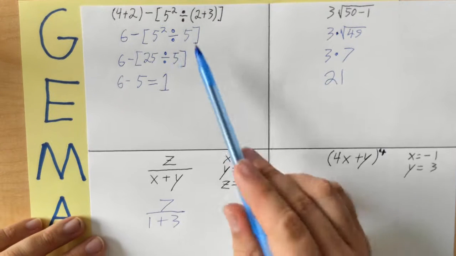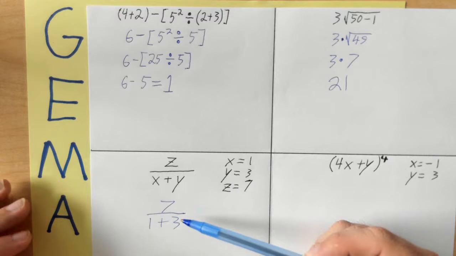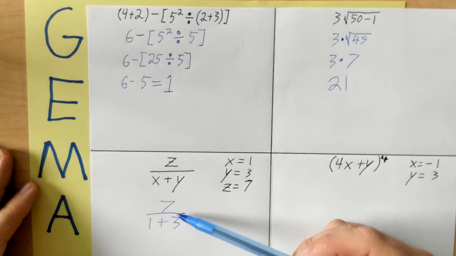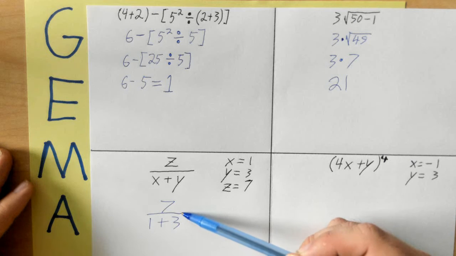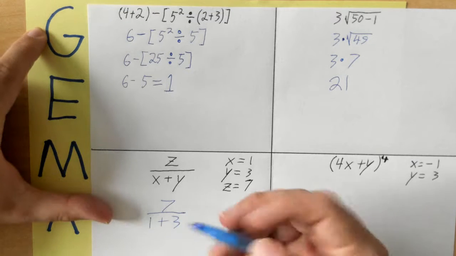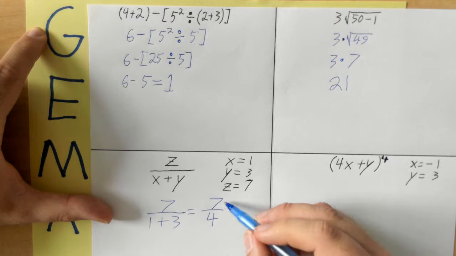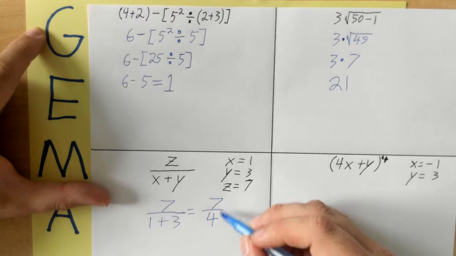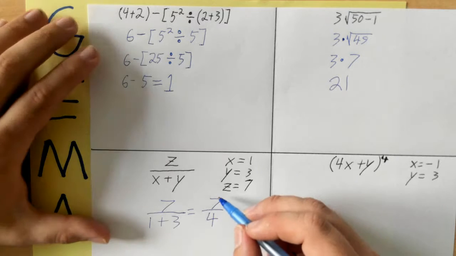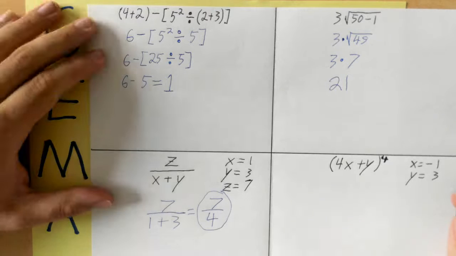Now, if you compare this problem to here, we had a division symbol. A fraction bar is also a division symbol. But I'm also noticing a lot on the bottom here. So fraction bar means division, but it can also be thought of as a grouping symbol, meaning everything on the bottom we have to do first. So we're going to have 7 over 4. Now, if 4 went into 7, I might divide here, but 4 does not go into 7. I'm actually going to leave this as a fraction because we can't simplify it anymore. All right,